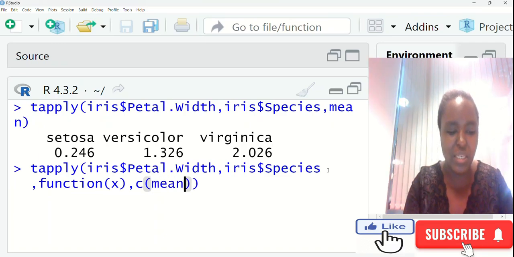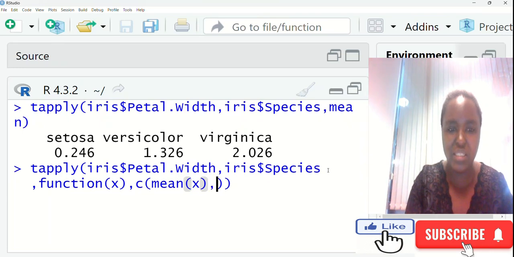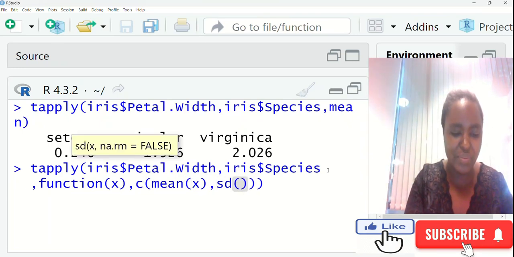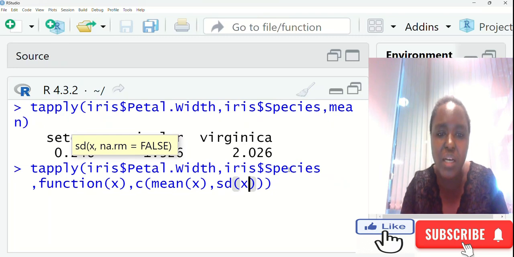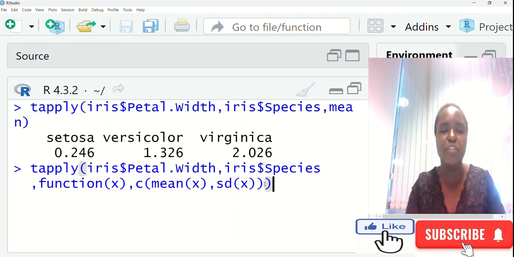You need mean(x), and you also need the standard deviation, sd(x), and I don't know if all the parentheses are here. This for this and this for this. Yes, enough. So you see, I combine the two functions, the mean and the standard deviation. I store them in a vector by using that command c, and then I apply those two functions to this data set, this petal length, and then they should be